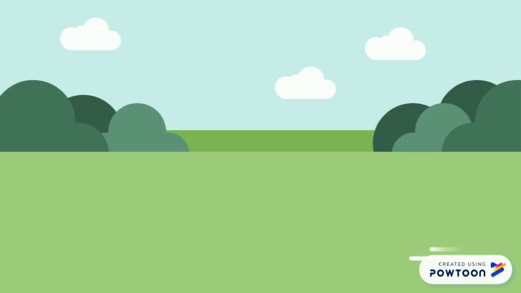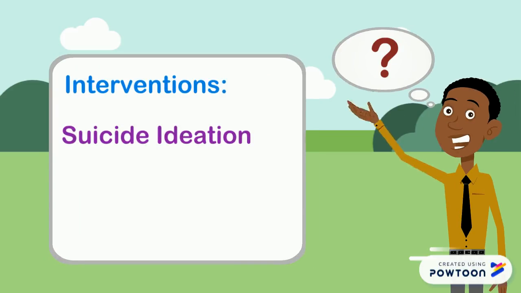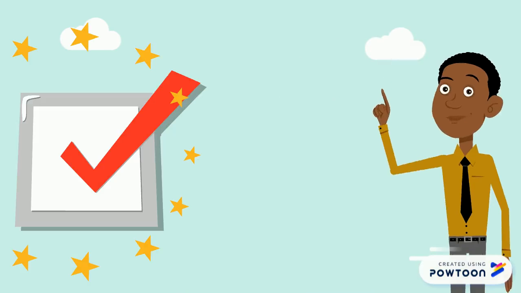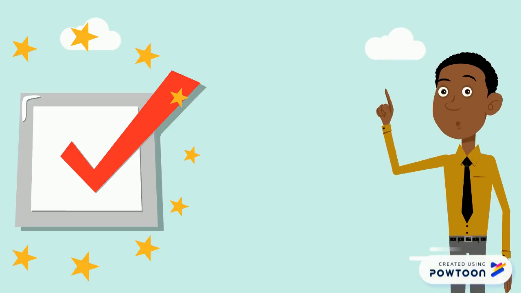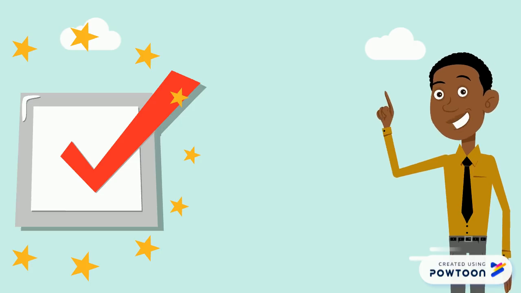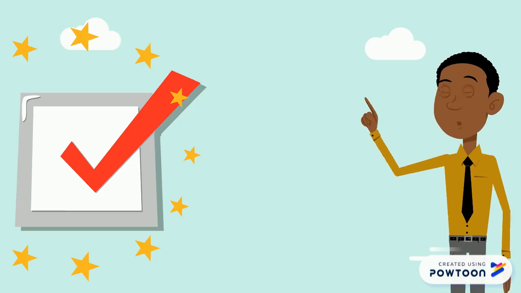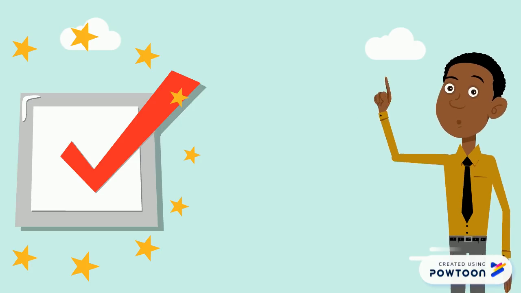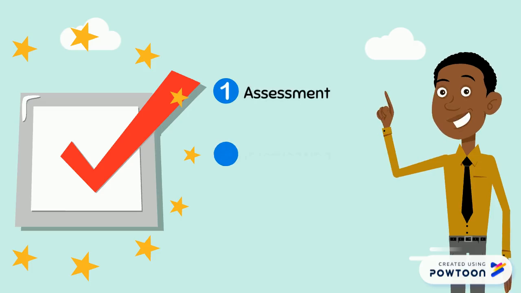We're moving into the unit on suicide ideation. In this class, we are focusing on treatment, but it's very important that we go through the process of assessment for suicide ideation, just as a reminder. It's always important to be reminded of the steps that we take when we're doing an effective suicide assessment. We'll focus on this in this particular video, and then a second video will be available to you to look at effective treatment.